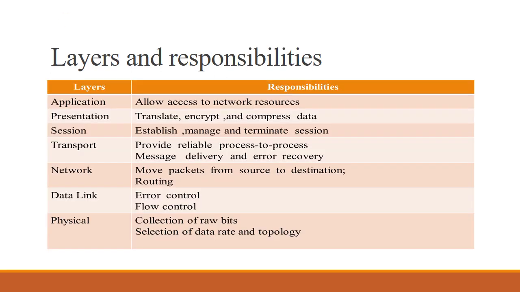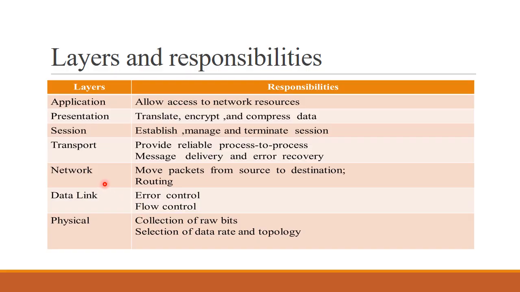Now we will see responsibilities of different layers one by one. Now start with the physical layer. This layer is responsible for collection of raw bits from different transmission mediums like fiber optic cables, coaxial cables, or the transmission media can be wireless. Then selection of data rate and topology. The data link layer is responsible for error control and flow control, so that there should be no congestion in the